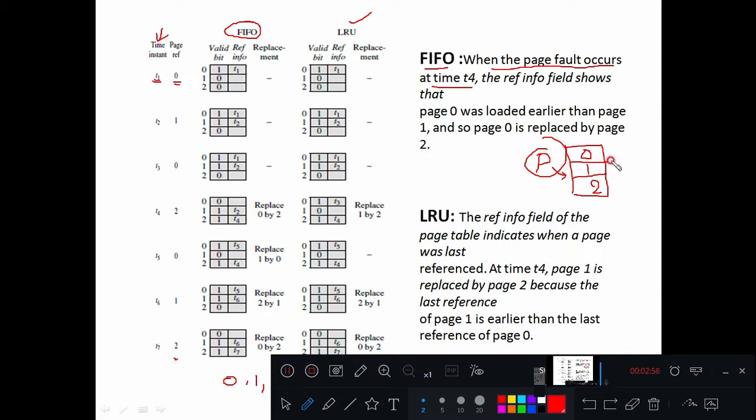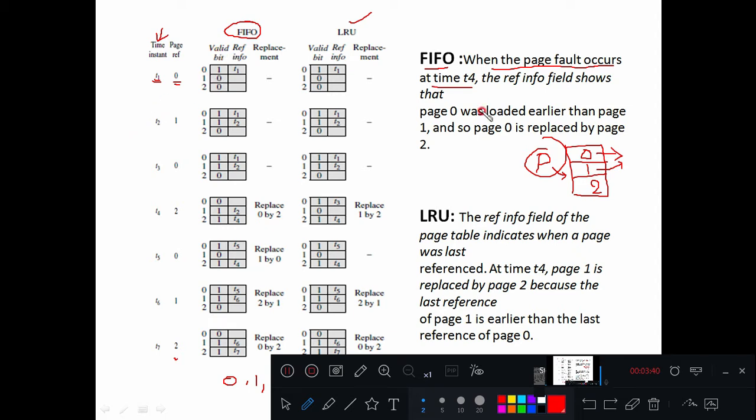So first, page 0 is going to be loaded in the central processing unit, because the entire process is not going to be loaded. When the process execution starts, a part of the process is loaded in the central processing unit, and once the first part gets completed, then the second part will be loaded. The computer system has to handle multiple processes, and for that reason the entire process is not loaded for execution.